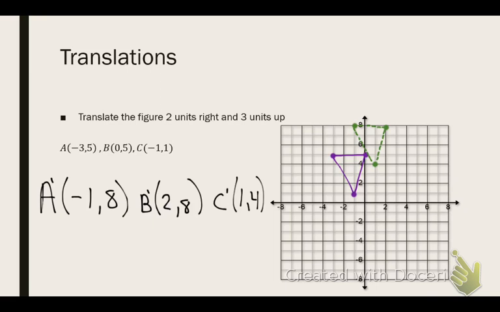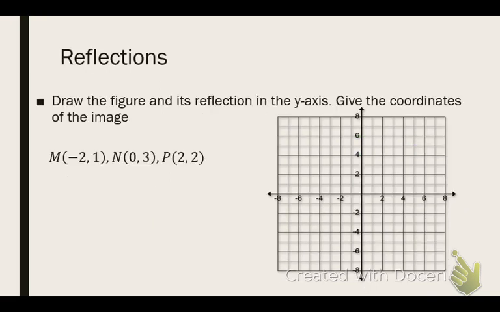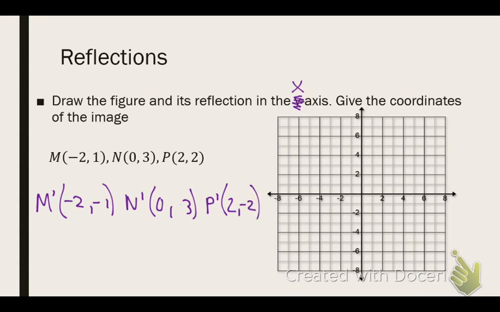And for the reflection, remember I changed it to the x-axis so it would look better on the graph. So for M prime, it's going to be -2, -1, 0, -3, and 2, -2. I don't know where my negative went. Sorry, hold on. Okay, so now